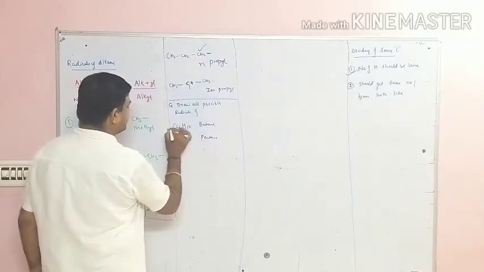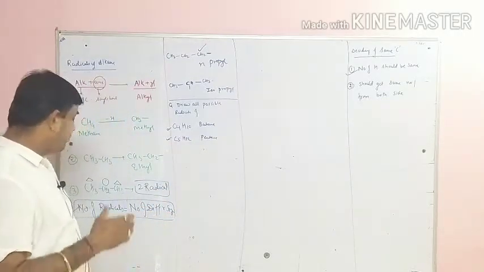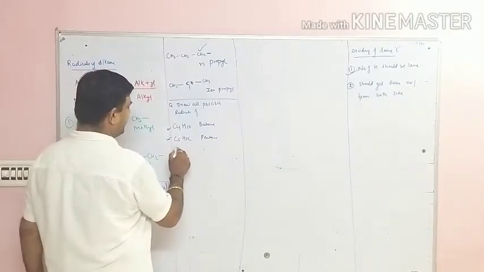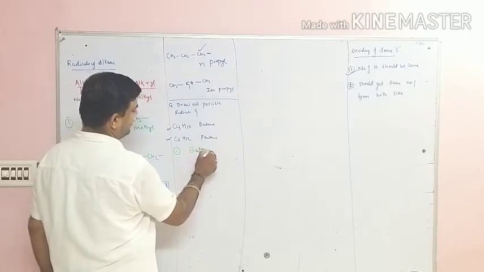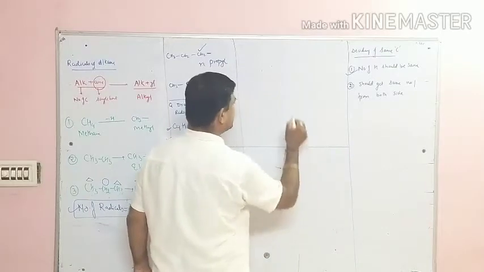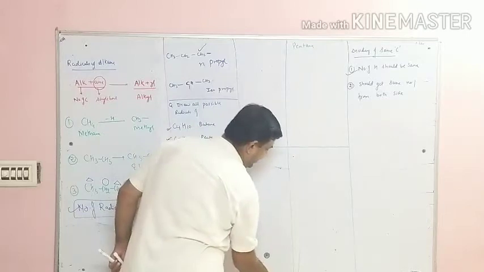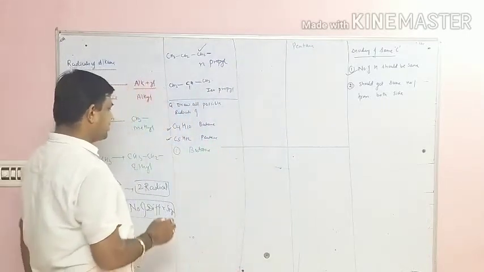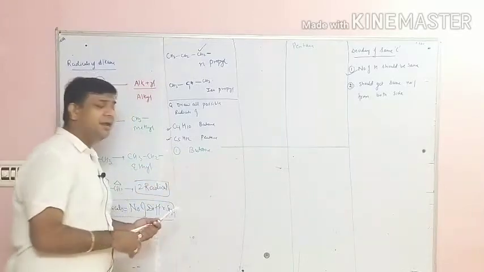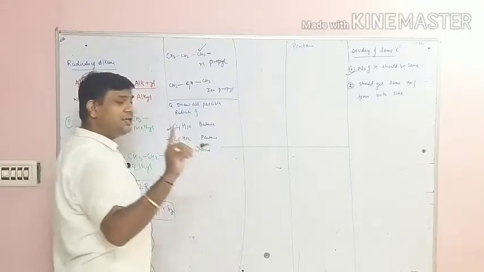Students, remember this point, that when you are going to make the radicals of more than 3 carbons, then first, if we take butane, I am writing butane here. And if I plot the table, I go for pentane here. Okay, this is pentane and this is butane. Now see students, first of all, when butane or pentane or hexane is given and you have to make the radical, then the first thing you have to do is draw its N, iso and neo structure.